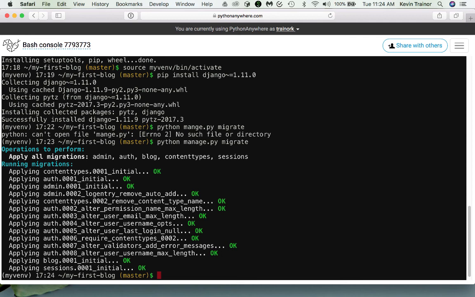But it's going to be a new one that was created here on the production server. And it's going to have the same schema, because we just made that happen with our migration, but it's not going to have the data from our development server. And then the next thing we need to do is create a superuser